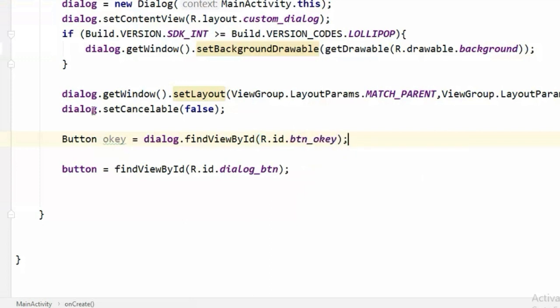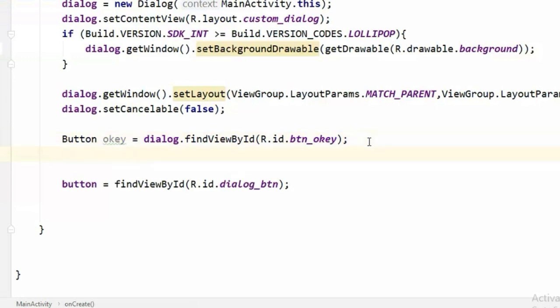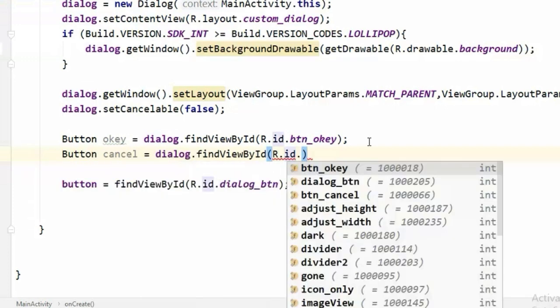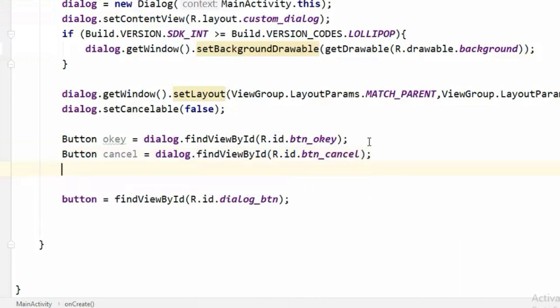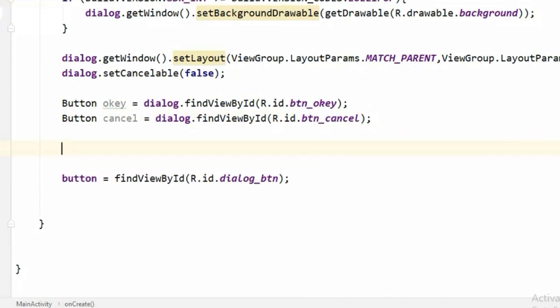And make sure you declare the button like this or it will cause the app to crash. Now I will do the same for our cancel button. Now we can call setOnClickListener on our dialog buttons.